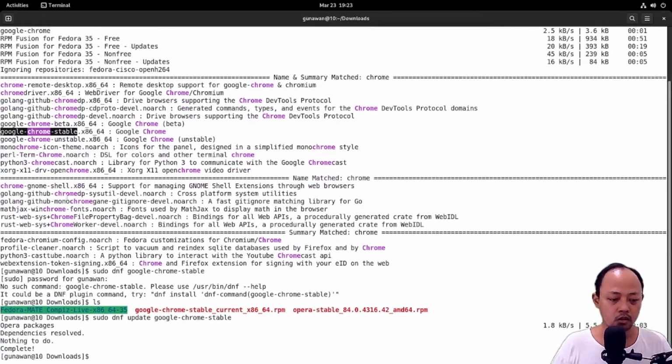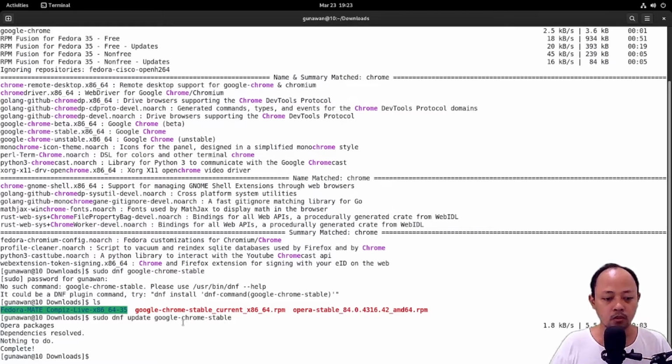Okay, I think I did something wrong with my typing, because when I copy and paste this package, the DNF knows the package.